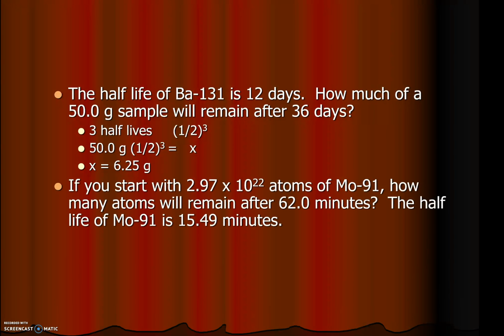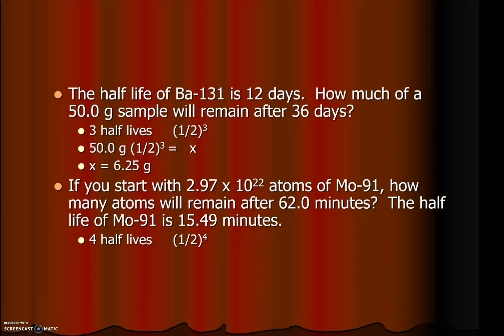Another problem would be if you start with 2.97 times 10 to the 22nd atoms of molybdenum-91, how many atoms will remain after 62 minutes? The half-life is 15.49 minutes. So we have to figure out how many half-lives we've gone through. So we take 62 and divide it by the 15.49, and we'll find that it's 4 half-lives, so it's 1/2